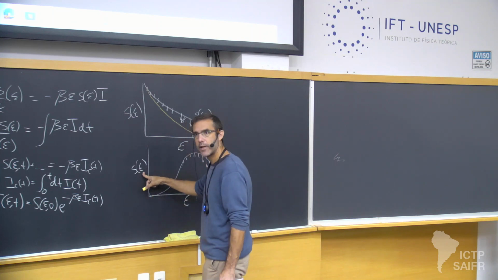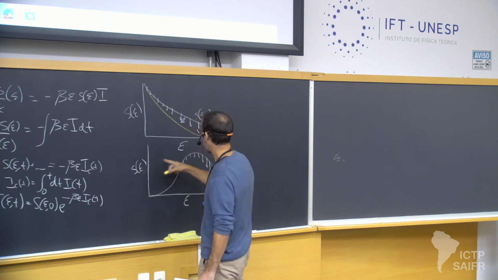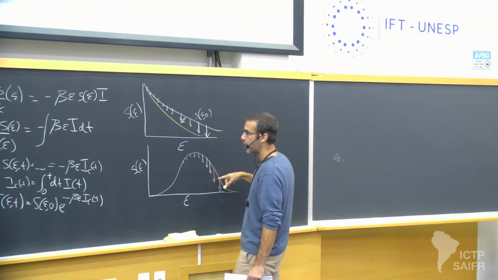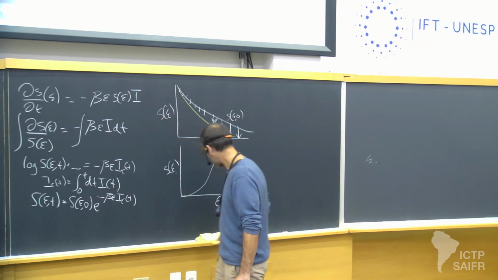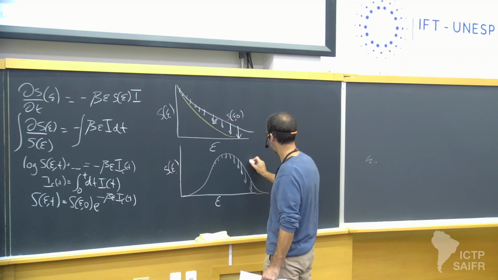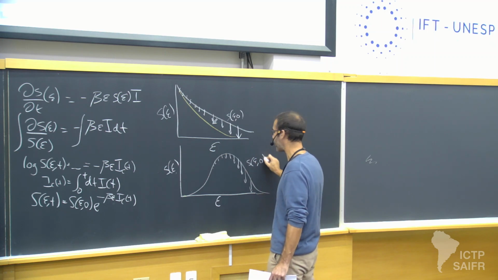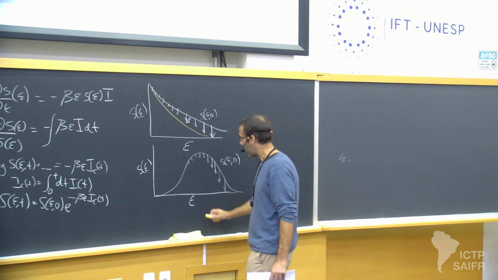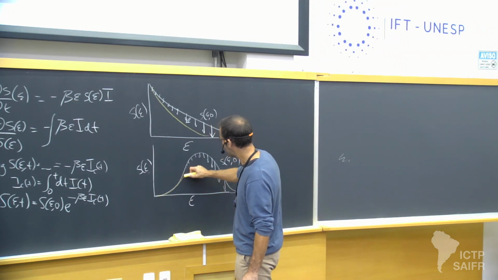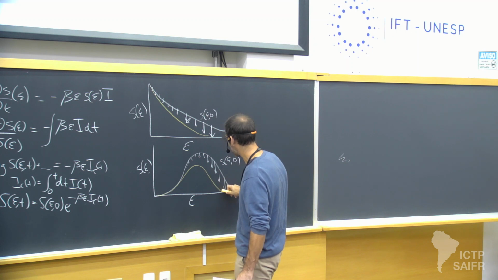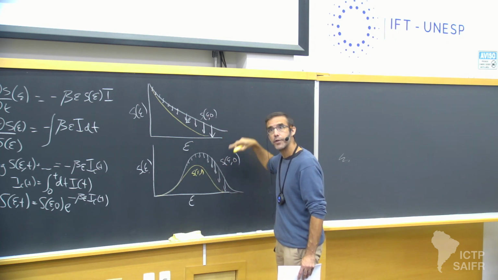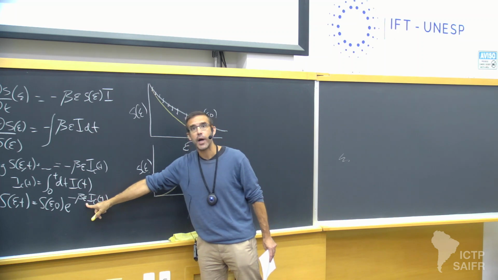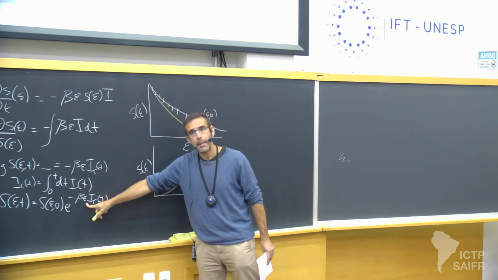This is S of epsilon. The arrows denote the ways in which I expect S of epsilon, t to be different than S of epsilon, 0. So here, this white curve is S of epsilon, 0, the initial distribution. And then this yellow curve, which gets close and then starts to really diverge later, is S of epsilon, t. And the reason why I'm making it diverge more to the right is because you see I drop farther as epsilon increases.